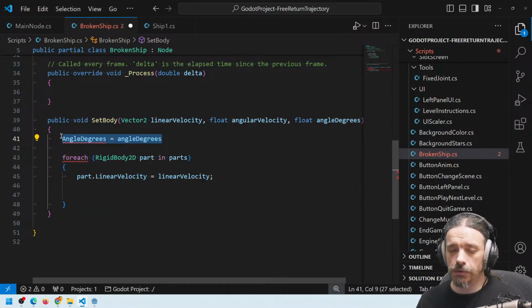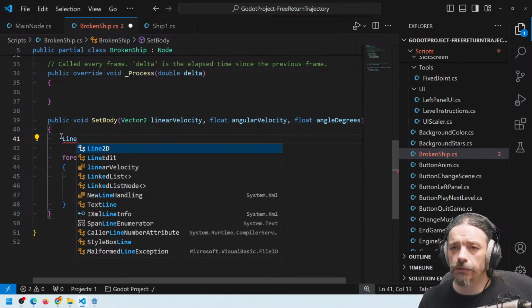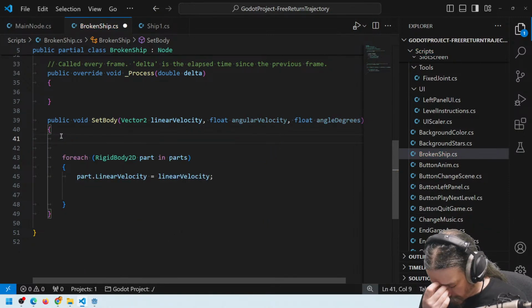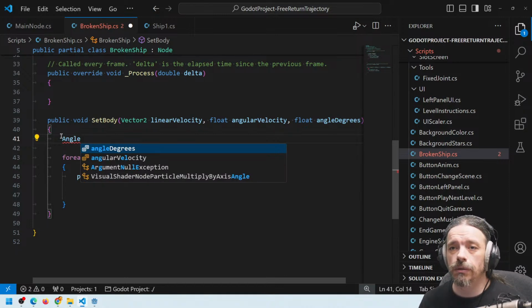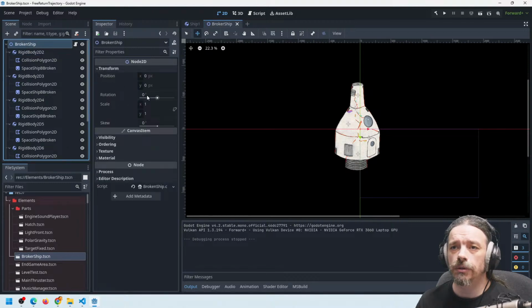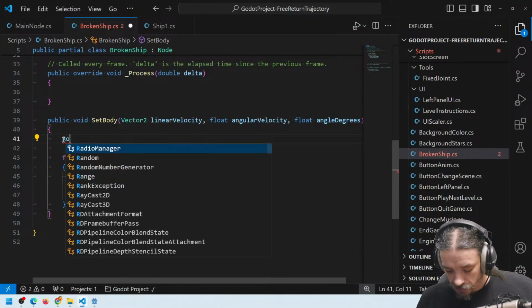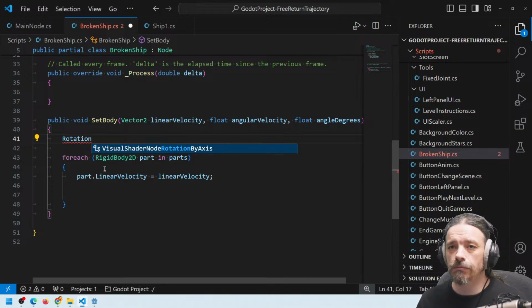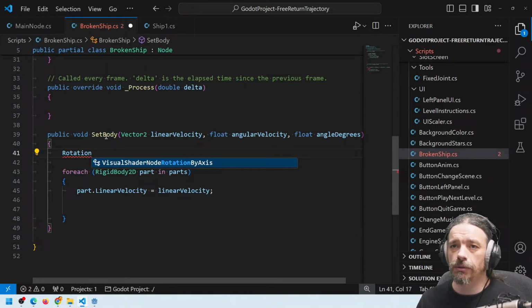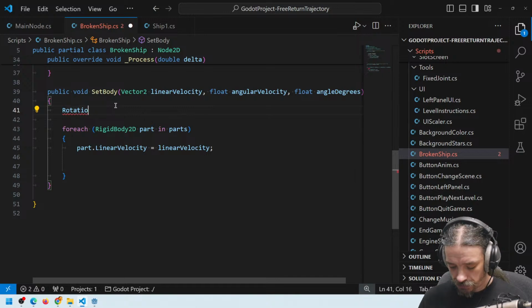Doesn't accept that. Linear velocity. How do I position angle? Oh, is the same name? No. How do I change that? Let me check. This one has a rotation, not angle, rotation. Why this is not accepting? Oh, because it's not a node 2D. Okay. Rotation degrees equals to angle degrees